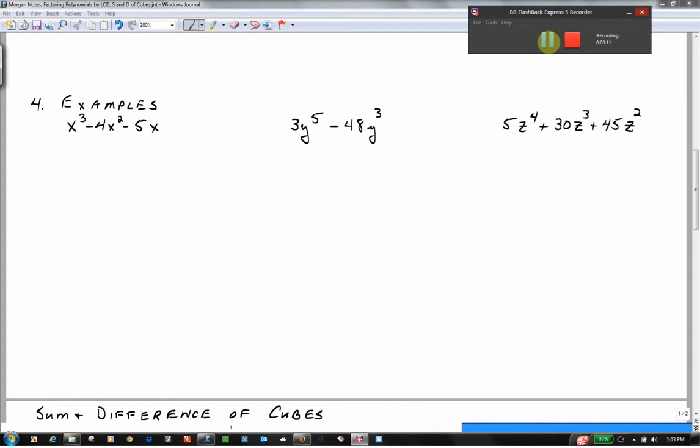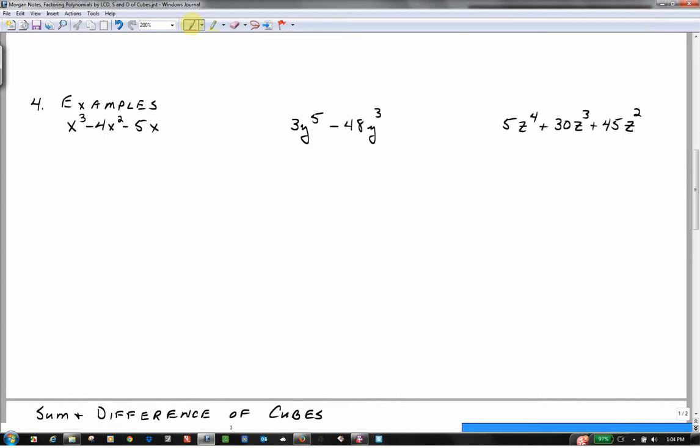So here are some examples of equations that have polynomials where the degree is greater than a quadratic, and for these we're going to remove the common factor first. We're only going to do two types of new factoring today, and this is going to be removing the common factor. In the book it may call it removing the LCD. Anyway, so we're going to look at this one, and we're going to say what can I pull out of there before I even start factoring it. And I've got an x in all the terms, so I can definitely pull an x out, and I can't pull any numbers out. So when I factor the common factor out, I'm going to have x squared minus 4x